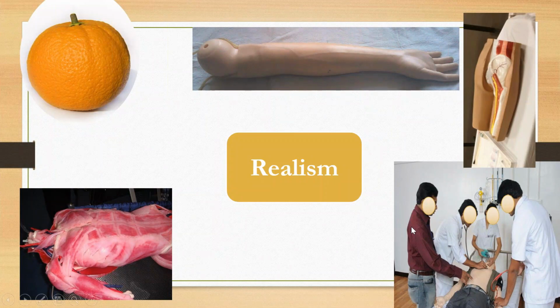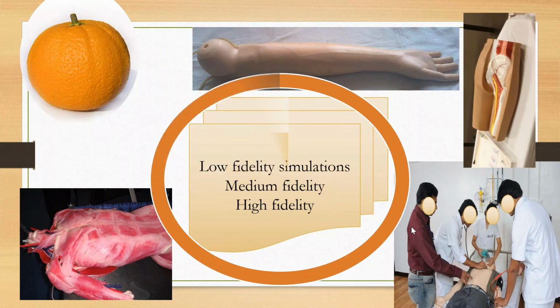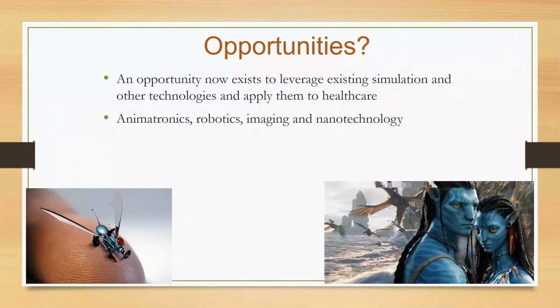Realism is expressed in terms of fidelity. And accordingly, the simulations are divided into low fidelity, like orange, task trainers. These parts we call task trainers. Medium fidelity, maybe CPR, ALS, all those components come into medium fidelity. They resemble a bit of low fidelity. Realism is not so high. High fidelity, when you have full mannequins like this or this, then you are coming very close to closing the gap in realism. There are a lot of other classifications, but we are right now going for this only.